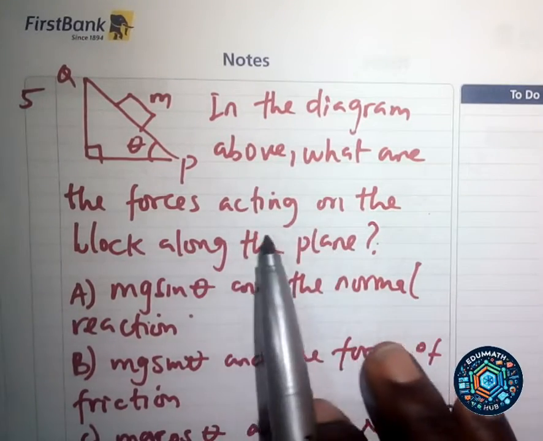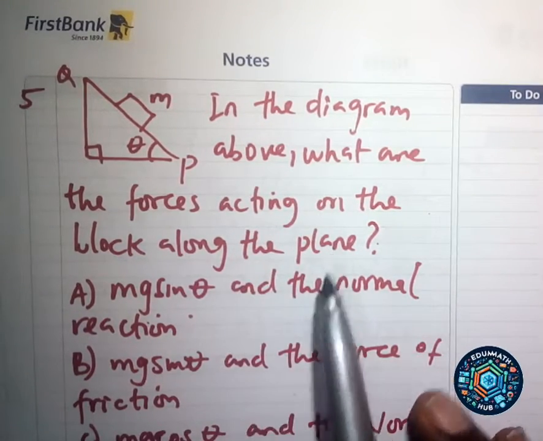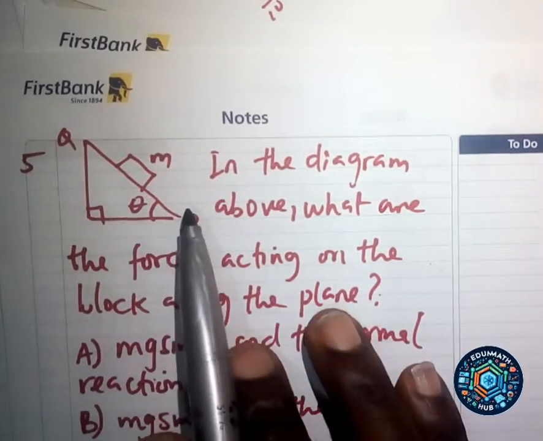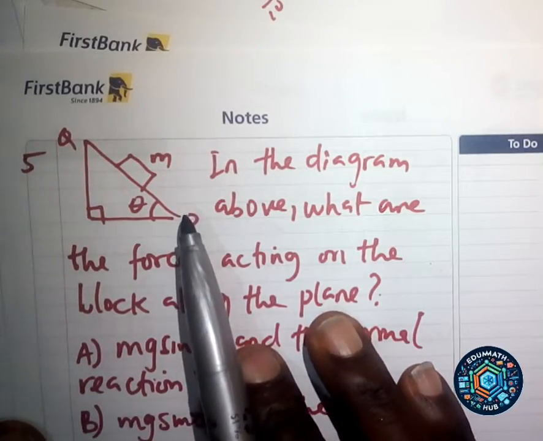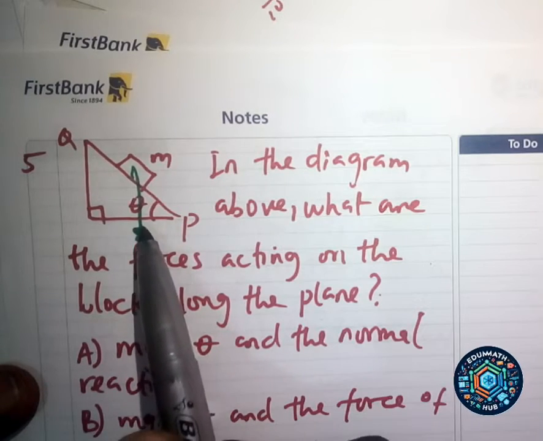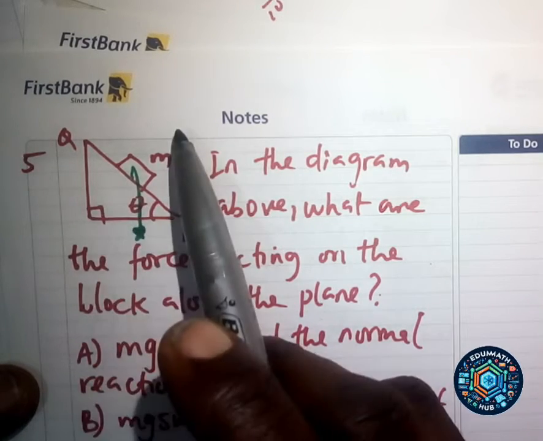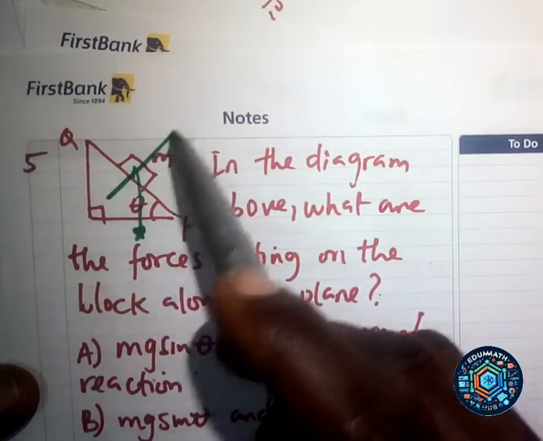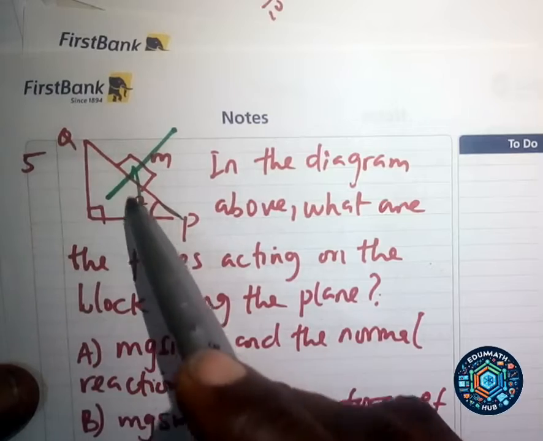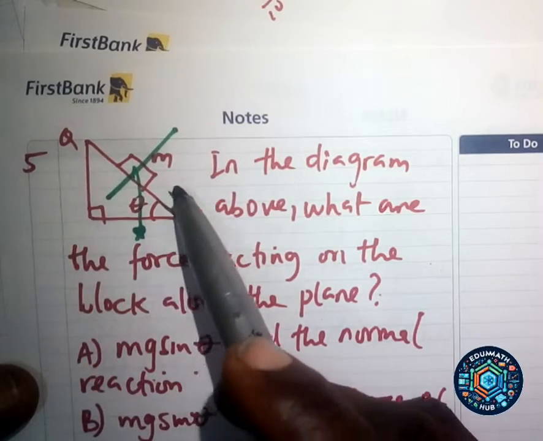What are the forces acting on the block along the plane? I told you guys in the last video that when a body is on an inclined plane, there are some forces acting on it. The component of the weight acting downwards does not have any effect along this direction. This direction is at 90 degrees to it. It only has effect in this direction, and the component of this weight in this direction is mg